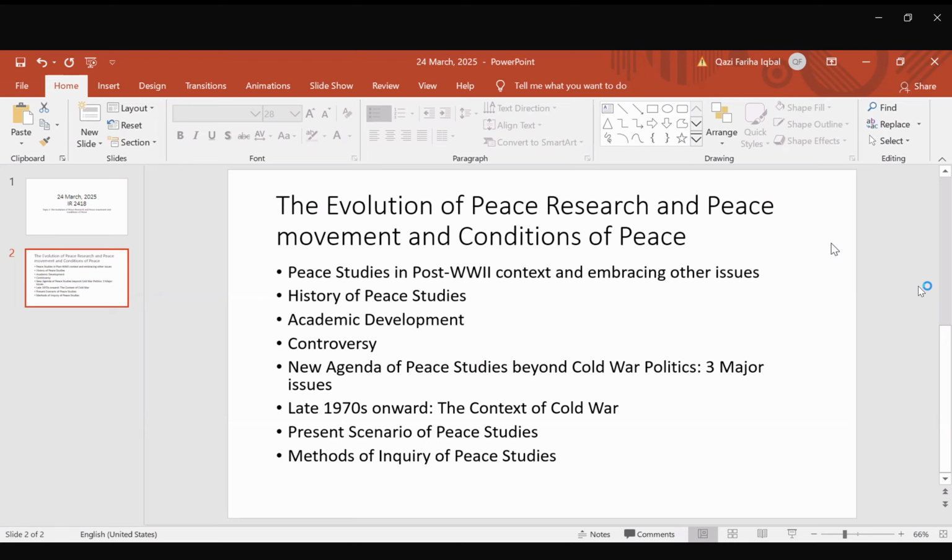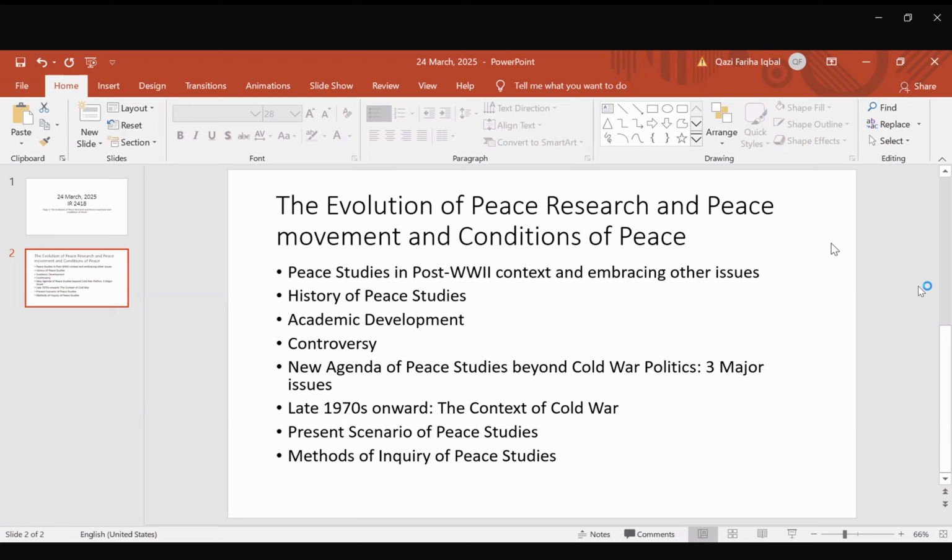So, considering this kind of situation, there was a very urgent need of studying peace, or systematically taking a peace approach to study the conditions of war in a more relevant, more lucid manner. So, naturally, the early development of peace studies was greatly conditioned by the East-West arms race.